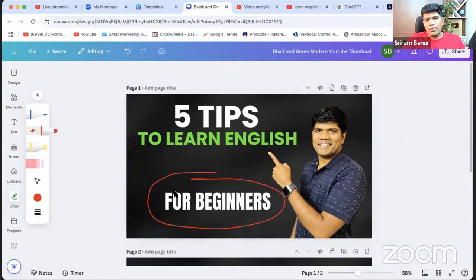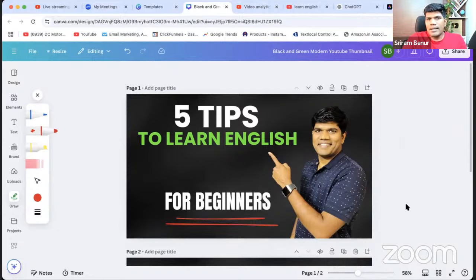Now, this also looks more natural because, again, this is not a regular circle that we have taken from the elements, but rather you have drawn it yourself, or something like this for beginners. The simpler you create a thumbnail, the more attention it can grab. Don't overload your thumbnail with too many things. Okay, so that's what you should be following as well.